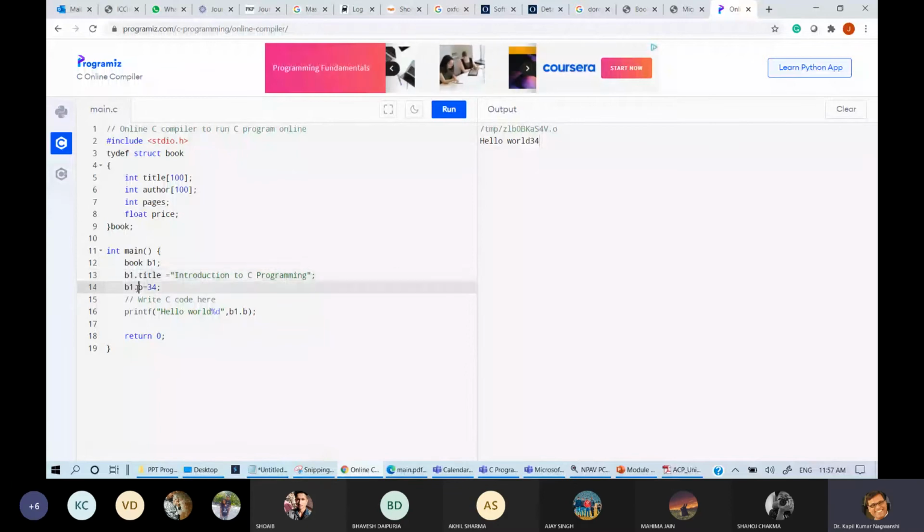Author, b1 dot author equals "Dennis Ritchie".